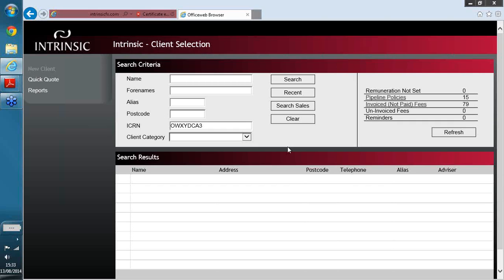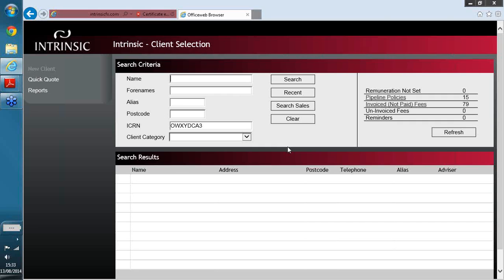Now if you're not aware, you can get into Officeweb a couple of ways. The first is through the gateway. There is a link on your desktop for the gateway called Commission Fee Administration. It's the green link on the left hand side. So if you click on that, it will launch you straight into Officeweb, which you're viewing now. The second way is, as long as you've got Gateway installed, you will see a link on your desktop for Officeweb browser. So either way, you can get into the Officeweb, and this is the first screen you'll come to